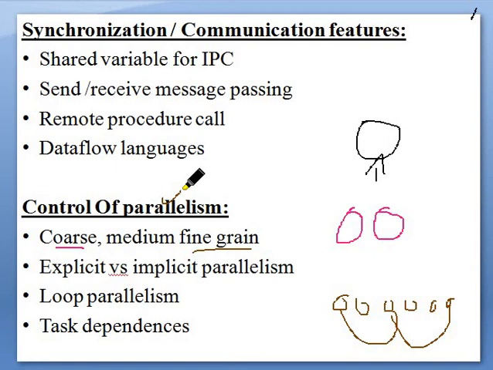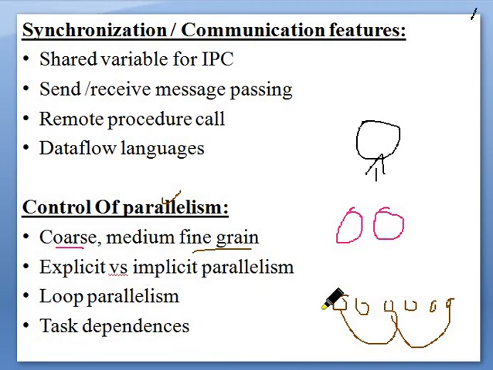Explicit and implicit we have studied in our second chapter. Explicit means we will use extra hardware or software to attain parallelism. Implicit means when we are writing a program, we will try to identify instructions which we can execute parallelly, and in the program itself we will try to develop parallelism. That is called implicit parallelism. Loop parallelism: same loop with different parameters passed, is it possible to execute them parallelly? Most of the time we will be successful in getting the loop executed parallelly.